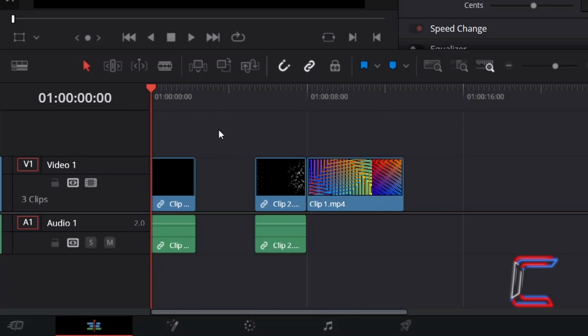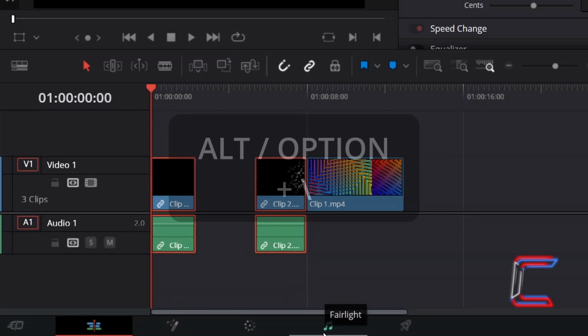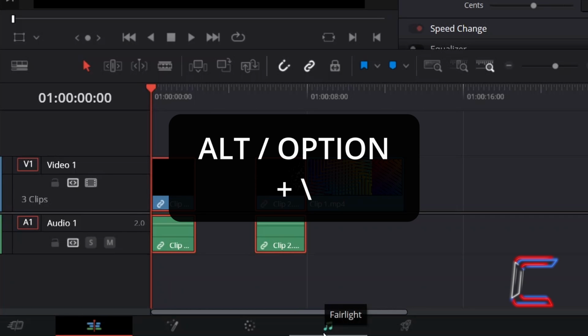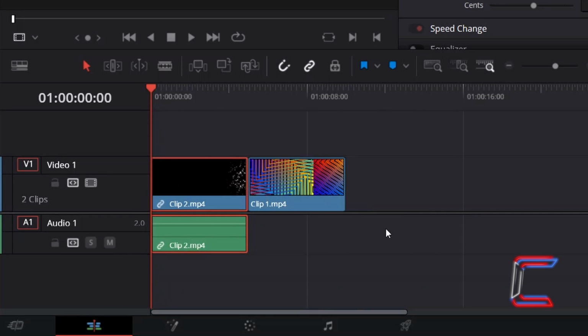Holding Control or Command and select either clip, or click and drag your mouse cursor to highlight the segments that make up the original file, and holding Alt or Option if you're a Mac user and press \. Note the ripple effect that occurs on the edit timeline, where clip 1 shifts to an earlier section of the timeline, as the second segment of clip 2 is moved back to join the first clip that it was split